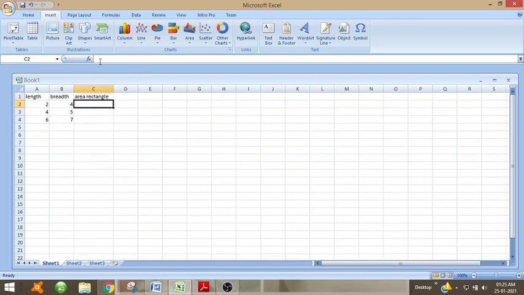So we have to give here an equation that is equal to. What will be the equation? Length, that is A1. Then I click here itself, it will appear A1 star breadth.